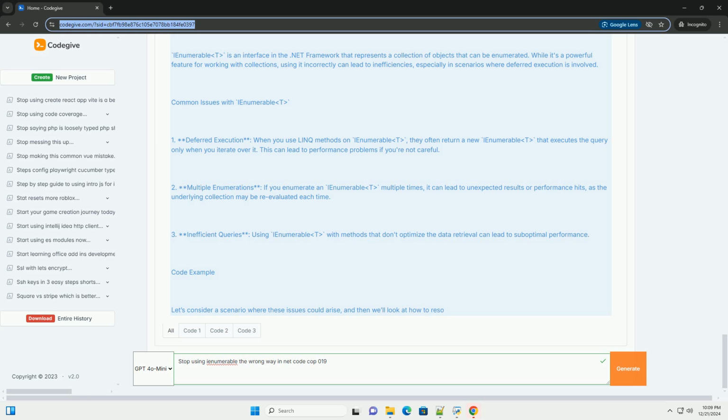Fixed code. Here's a corrected version. C#. using System; using System.Collections.Generic; using System.Linq; public class Program. public static void Main() // materializing the query into a list. List<int> numbers = GetNumbers().ToList(); // now we can safely enumerate without worrying about deferred execution. var evenNumbers = numbers.Where(n => n % 2 == 0).ToList();